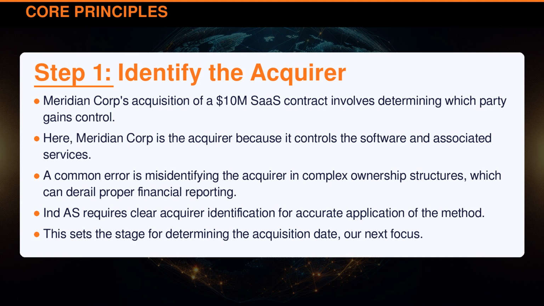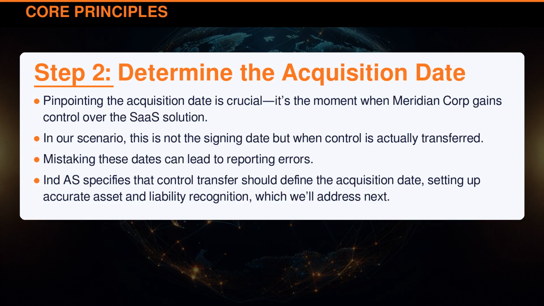This sets the stage for determining the acquisition date, our next focus. Pinpointing the acquisition date is crucial. It's the moment when Meridian Corporation gains control over the SaaS solution. In our scenario, this is not the signing date, but when control is actually transferred. Mistaking these dates can lead to reporting errors. Indian Accounting Standard specifies that control transfer should define the acquisition date, setting up accurate asset and liability recognition, which